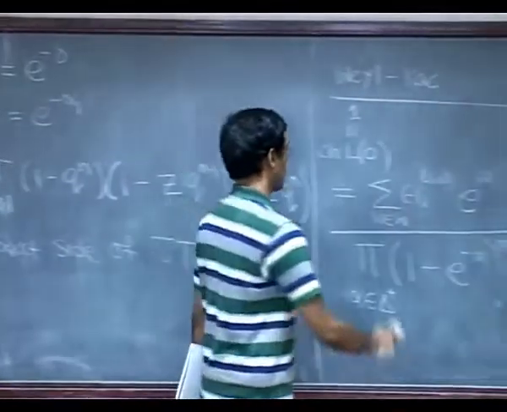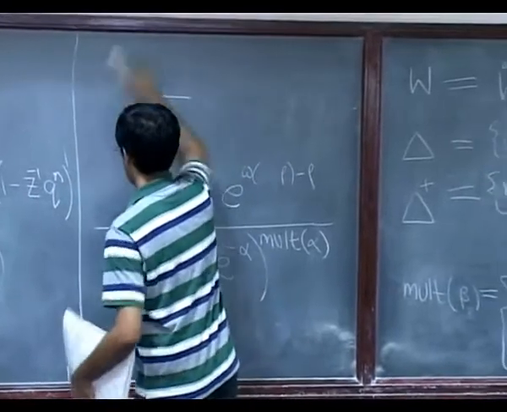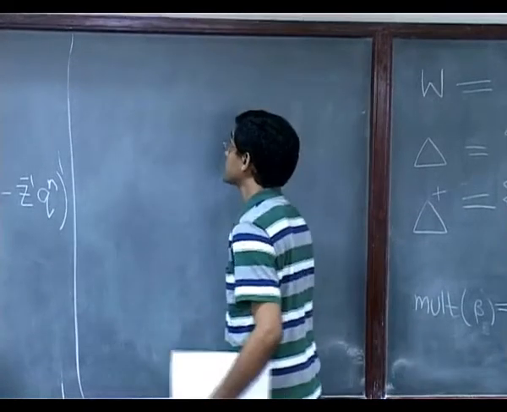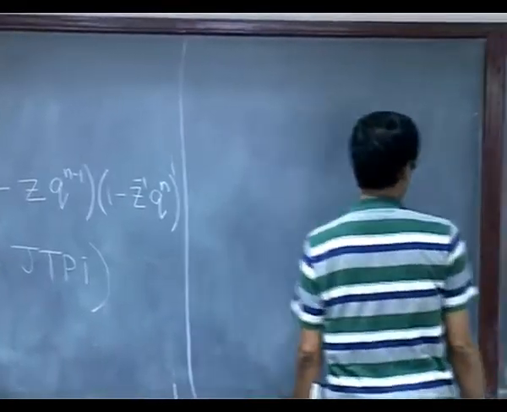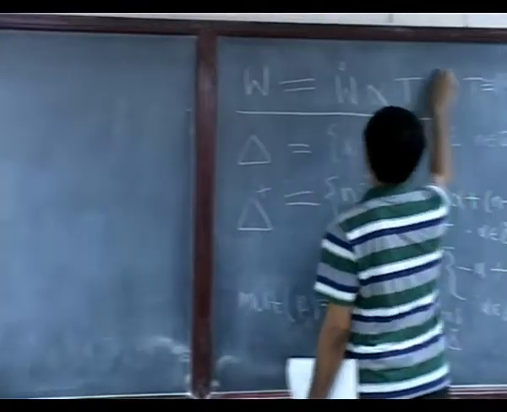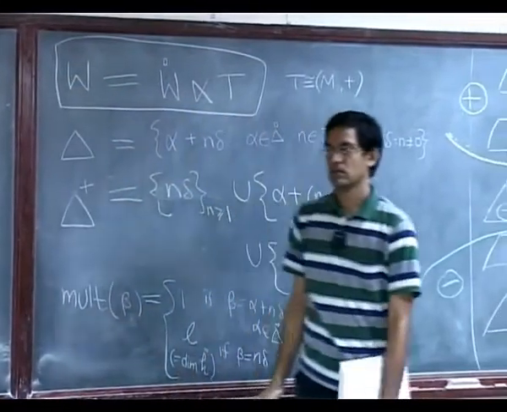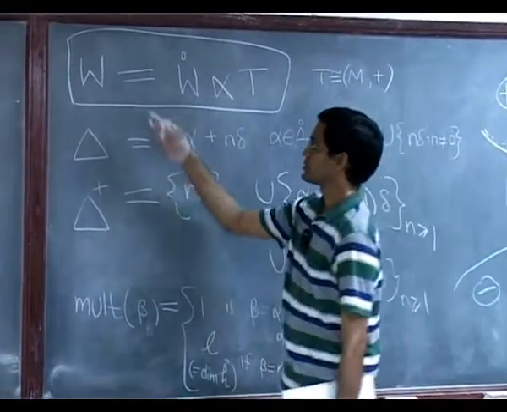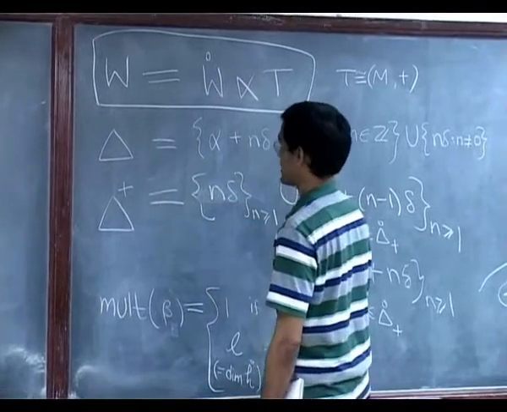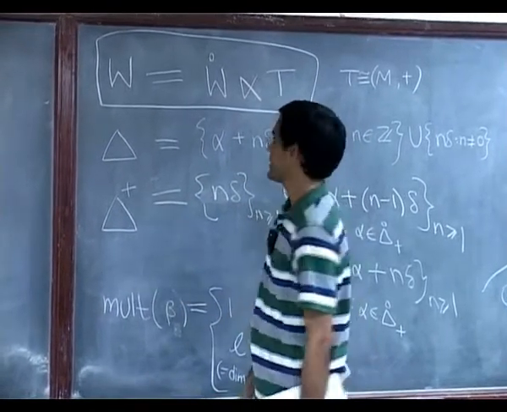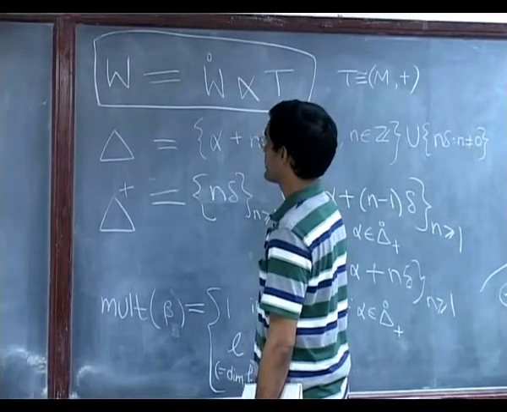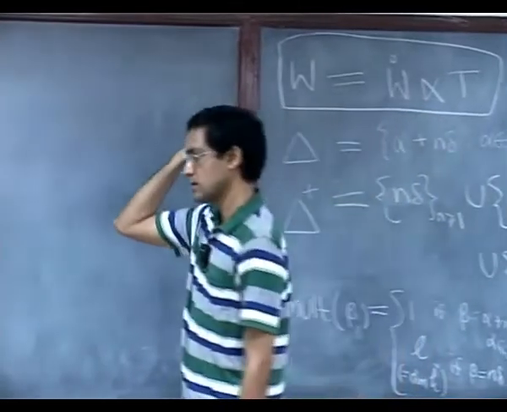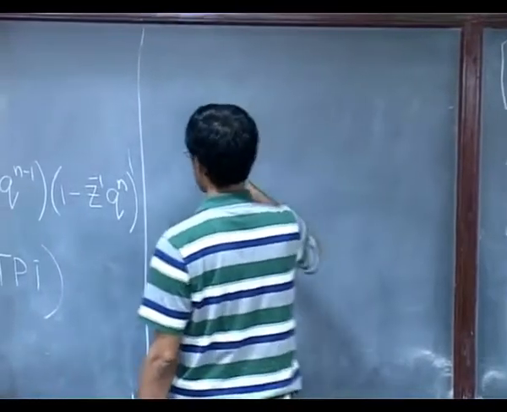So all we need to do is figure out what the sum side looks like and check that indeed we do get the sum side of the Jacobi triple product identity. To do this, we need to unravel what the Weyl group looks like. So we need to figure out what the Weyl group is in this case. We need to write the action of the Weyl group, act it on rho, and figure out what w times rho minus rho is. So that is the thing to do. Okay, so let us attempt to do this.